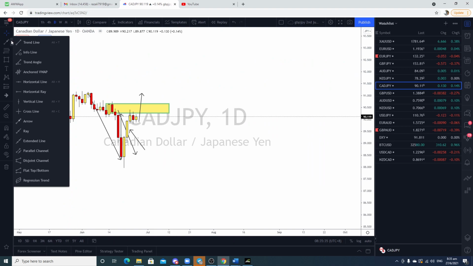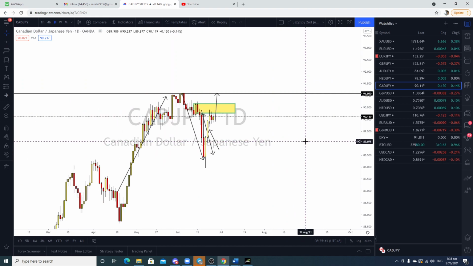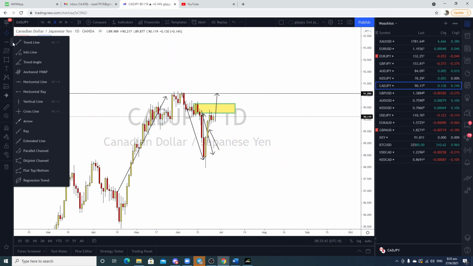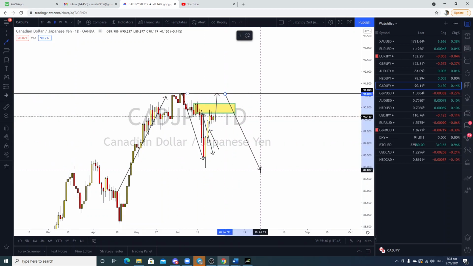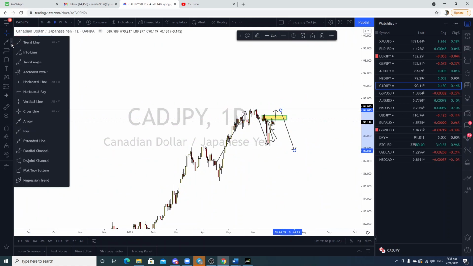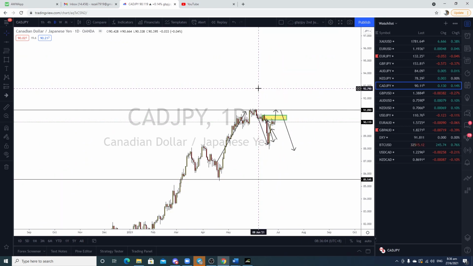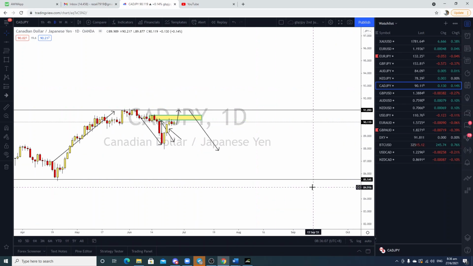It might go down to the end of the wire, up back to this supply zone, become a double top, and then continue from a reversal here. Okay, this is the first flow, a retest, a double top or triple top, and then the next possible target for this pair would be around here. Which is quite crazy. But never know. This is what I'm just sharing with you about where I believe that I want the market to go. Where I analyze the market to go.